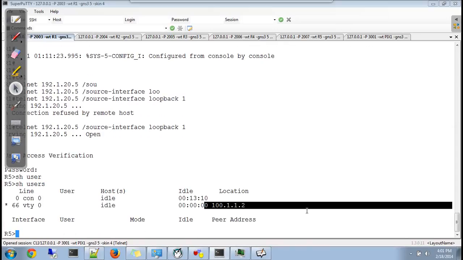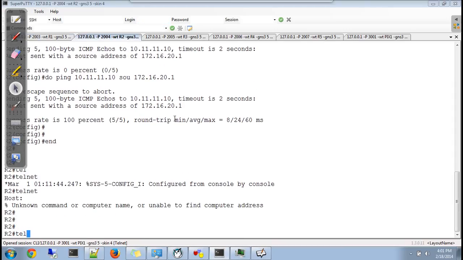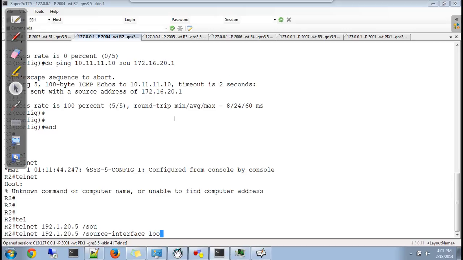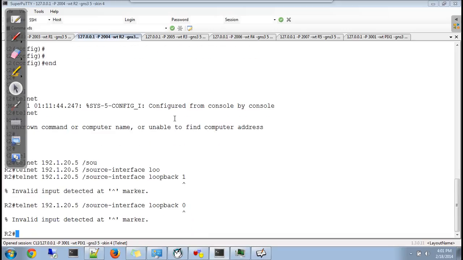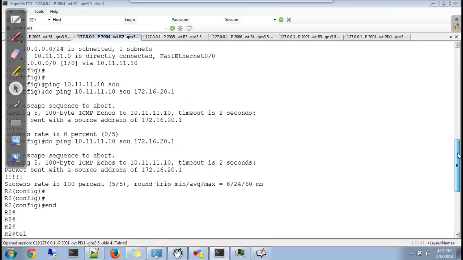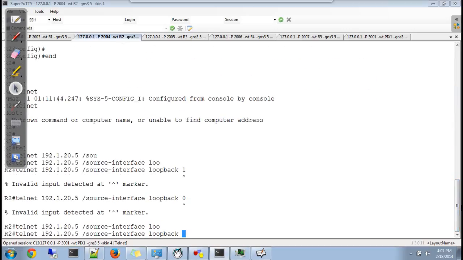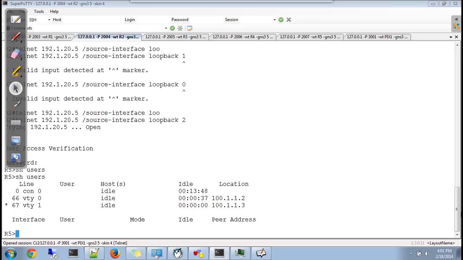Similarly, you can go to R2. You can try to telnet. One thing, sir. Huh? We don't have loopback 1 here. Loopback 2. And who are those 100.11.2 and 100.11.3?